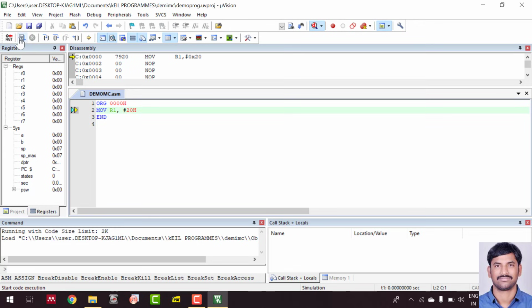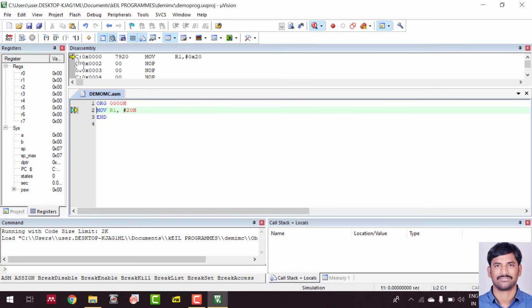Now after reset you can see there is a button called run, like F5. The moment you press F5, the entire program will be executed one time. There is another button here. This is the stop button. If you want to stop your program from being executed, you can immediately press this button to stop the execution. And there is one more button here. This is step by step. When you have a large program and you want to see what change is taking place as you run your program step by step, this is step over.